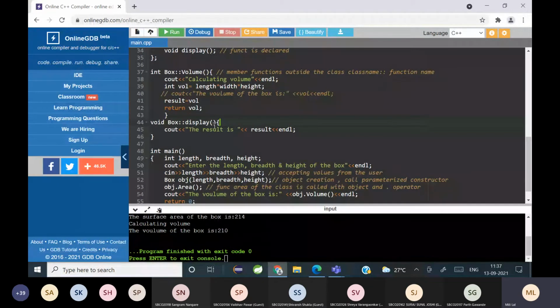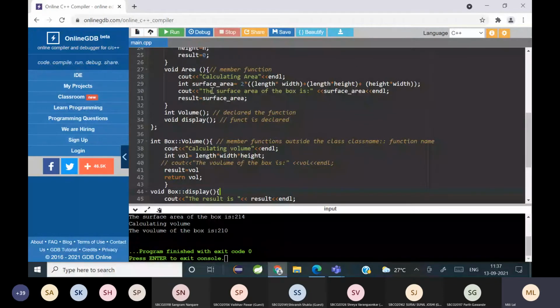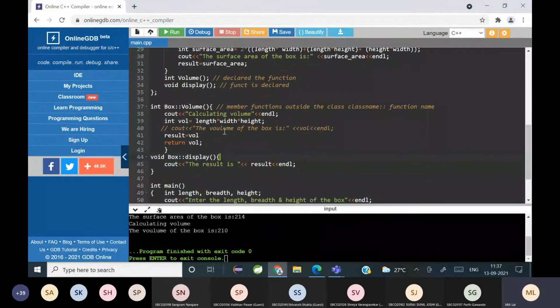It's just printing the result, and in area I'm copying the surface area to the result, and in volume also I'm copying the volume to the result, just to show that there is a function called display, so that you can understand how a normal function can be changed into a friend function. So did you understand this much? Is it clear? I've done nothing else. I've just added an extra function called display. Clear?